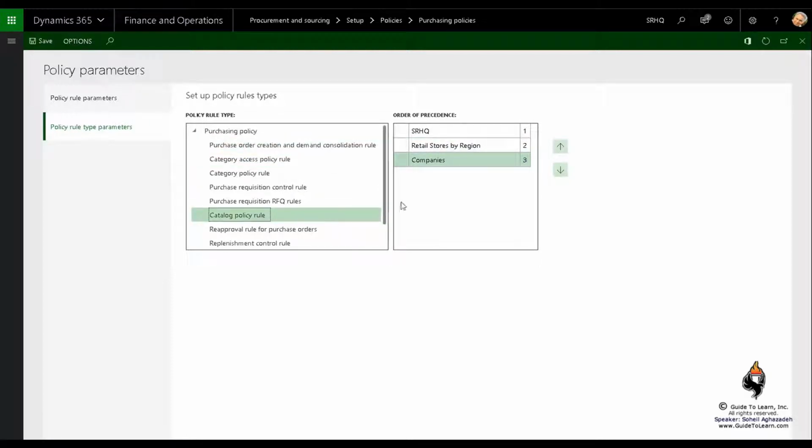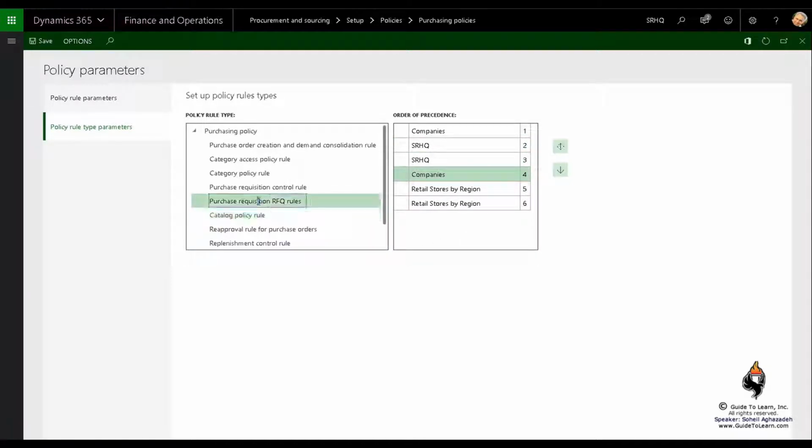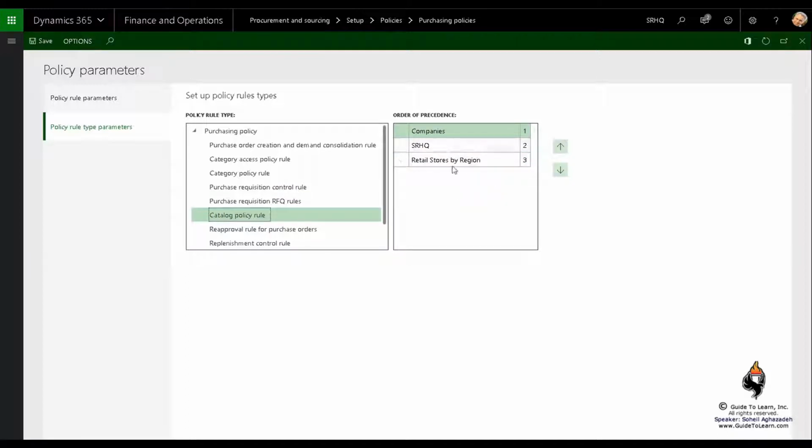On the catalog policy rule, I can basically make the company be at the top. This is again one of those bugs, don't worry about it, that it shows it twice, but it's going to be okay. So it actually shows the company at the top, SRHQ at the bottom, etc. So you can define which precedence for each rule is going to be applied. When I click close,